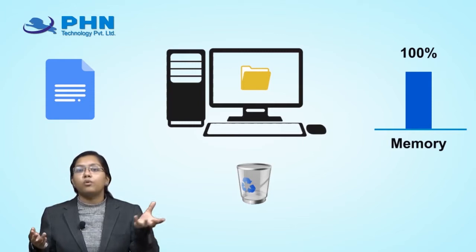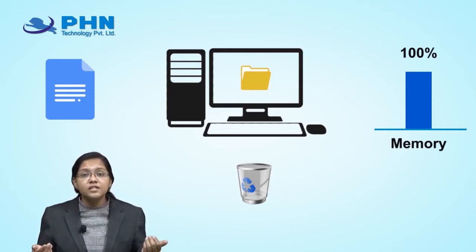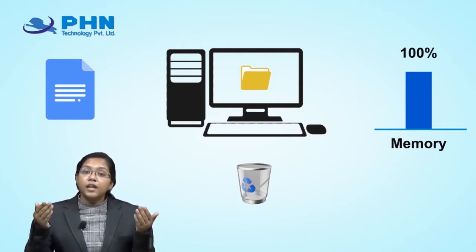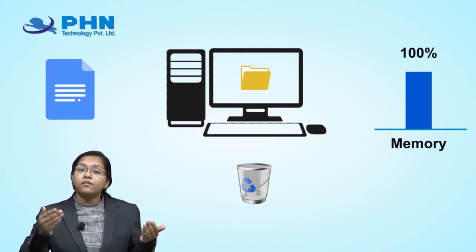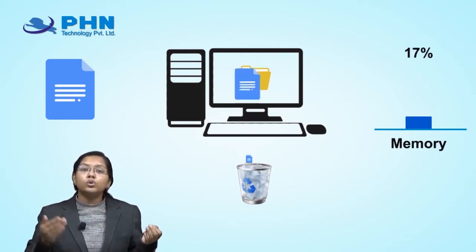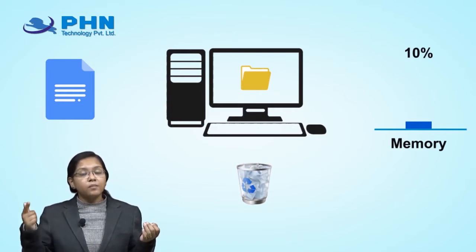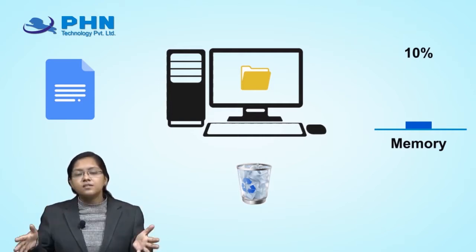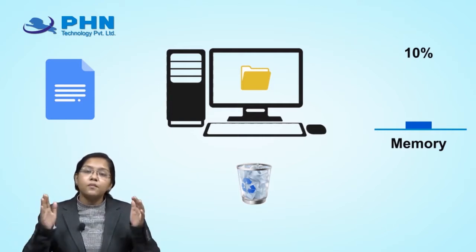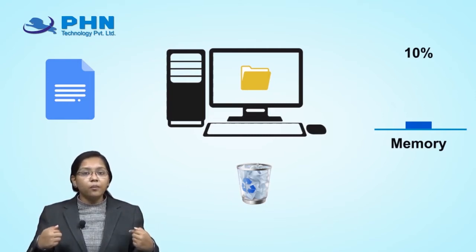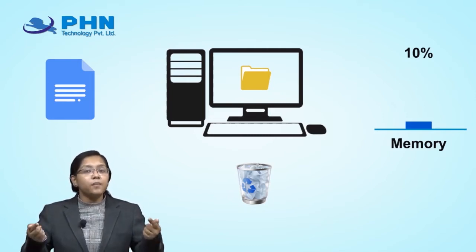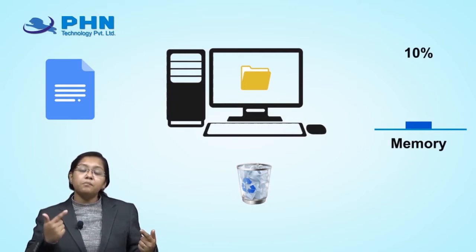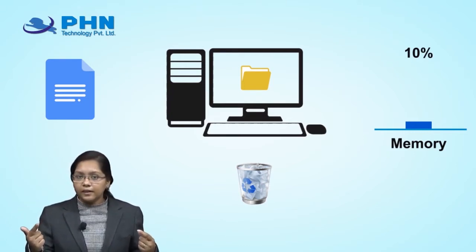I have to delete it. If I want to store more files, I have to delete certain files. I have to free certain memory. Then and only then can I add the files over there. So now I will free the space, meaning I will delete the files and they will go to the recycle bin. And see, in the graph the memory is getting free. This same concept goes with your heap memory also. As a user, until I delete the files, the memory was full. The moment I deleted the file, it went to the recycle bin and my memory got freed.